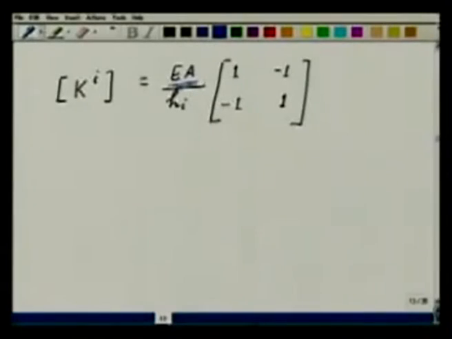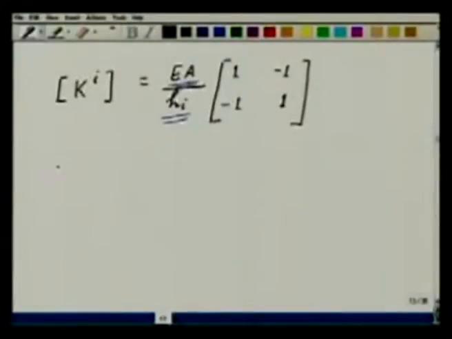You see that we have formed a recipe for the ith element. So now it's very easy to do this job for any of the elements, because all you need as far as the information is concerned is the value of the EA and the size HI of the element. Once you have that, then this together gives me the element stiffness matrix. So I don't have to do this computation repeatedly. I do it once, and this structure can be used for all the elements. That is one of the beauties of the finite element method, because the shape functions are so defined that the structure remains uniform in some way.